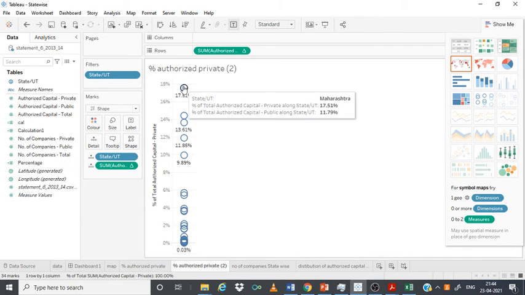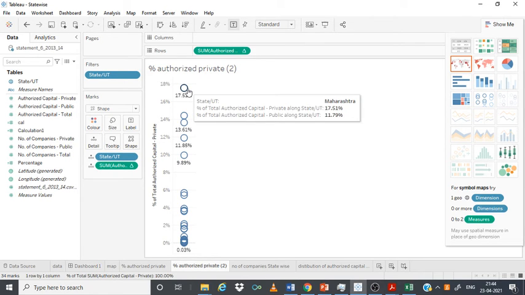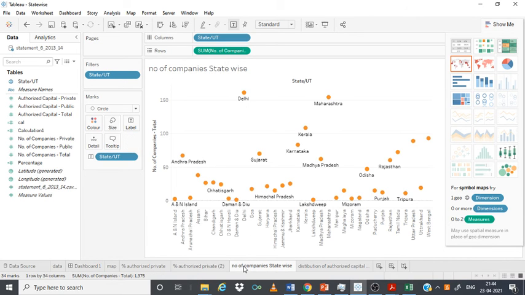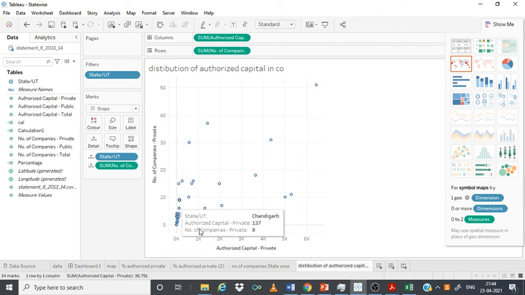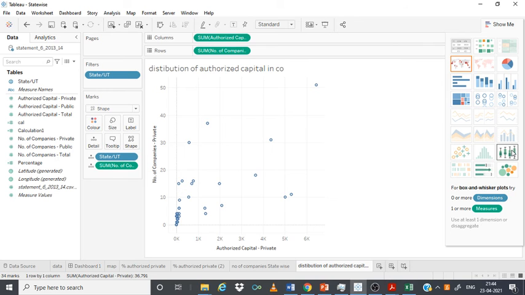Here I can see the values of private being shown on the map. Similarly, the values of public are also being shown here. Now if I want to see the number of companies across each state, that will be shown using this graph. For example, for Andaman and Nicobar Islands, the total number of companies is 2. Similarly for Andhra Pradesh, it is 67. The distribution of companies and the authorized capital is shown in this pattern, and we are free to choose whatever graphs, whatever is highlighted here, that can be put up here.